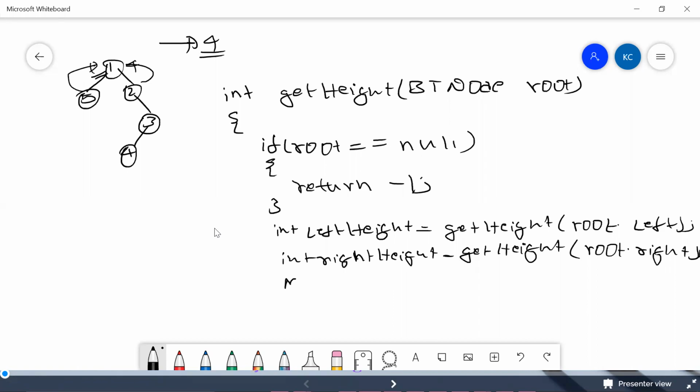There is a method called Math.max. This is in Java; if you're doing it in some other programming language, you can have something similar. So it's Math.max of leftHeight, comma, rightHeight.